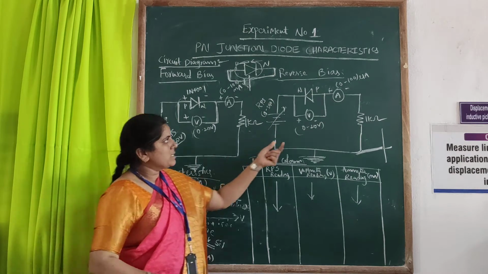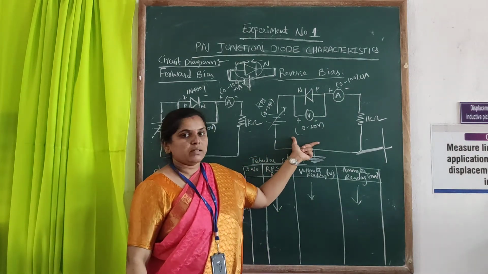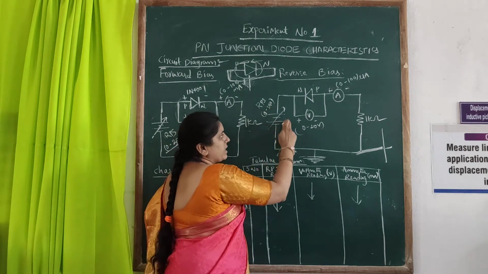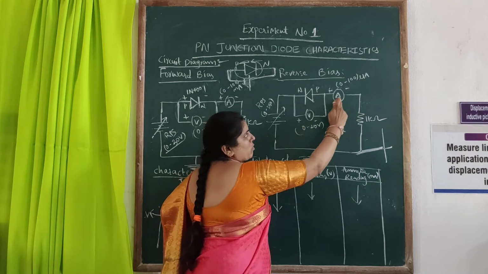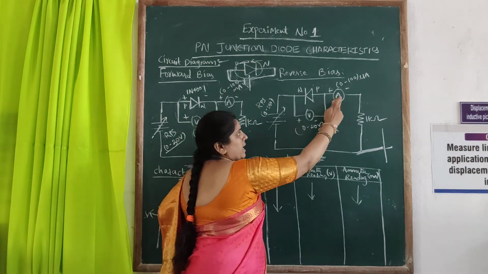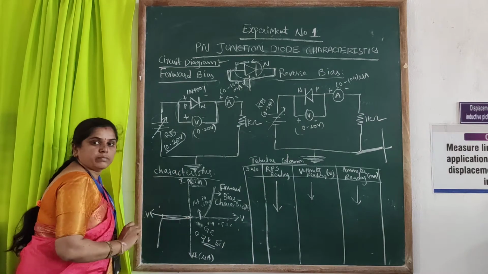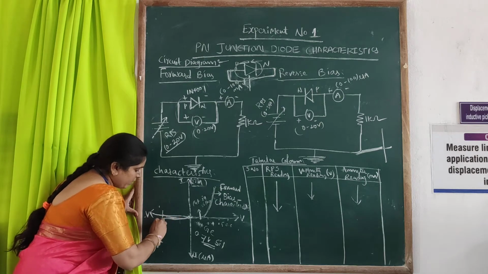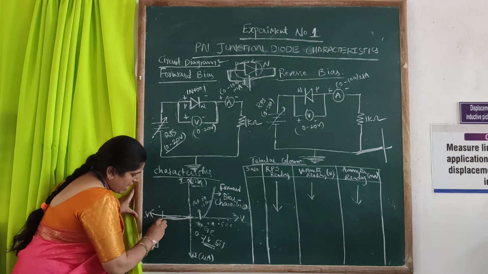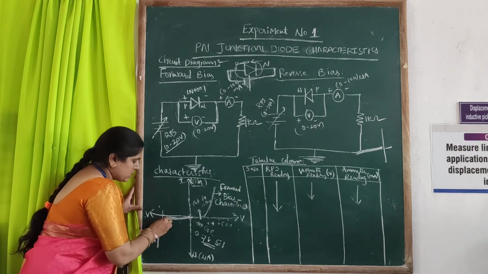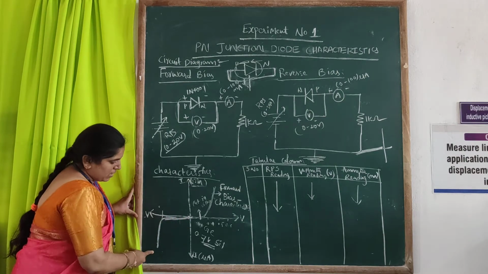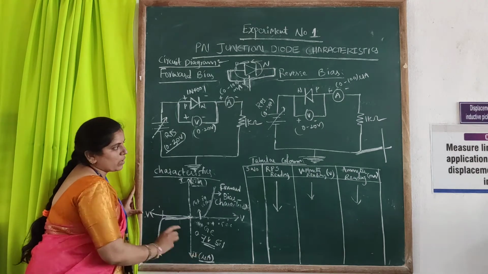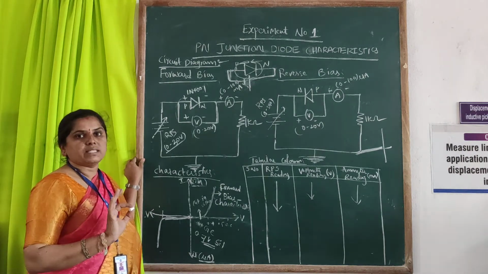Okay. So this is a reverse bias circuit diagram. Here also the same procedure as forward bias. By varying these RPS values, you can note down the voltmeter and ammeter readings, and by using those readings, you can draw the graph. When this voltage reaches a particular voltage, then the current flows at a large value. In reverse bias, this current is in microamperes. Okay, this is about forward bias and reverse bias circuit.